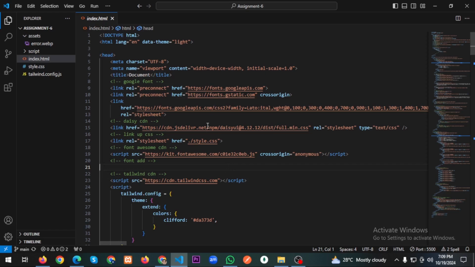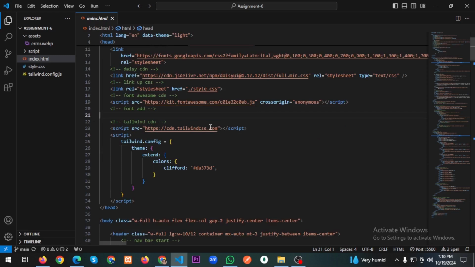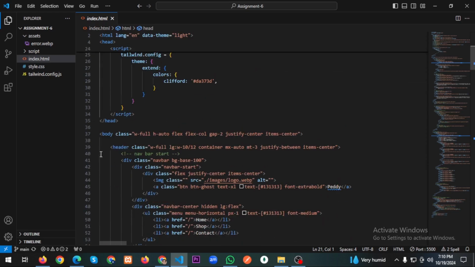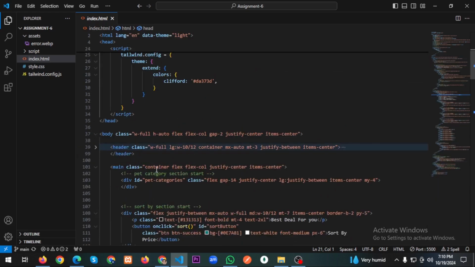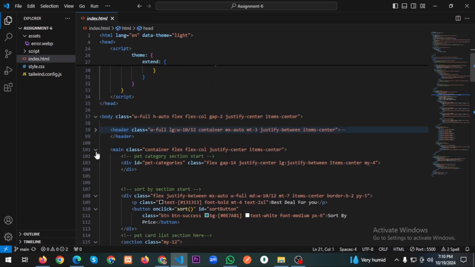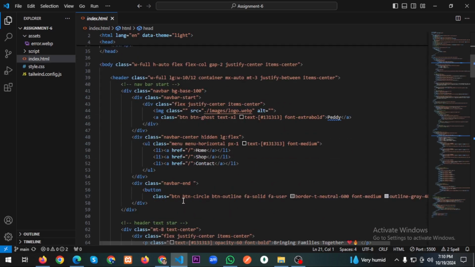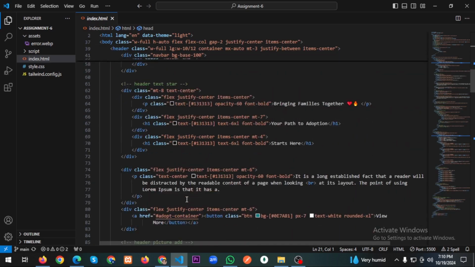design purpose. So first of all, we make an index.html, and here is the header section, and I input something that is a Google font CDN, a link of CSS, Font Awesome, and also Flowbite, and also Tailwind CDN. So first of all, I make my header section, then I go to the main section. Here it is. So that is the total code